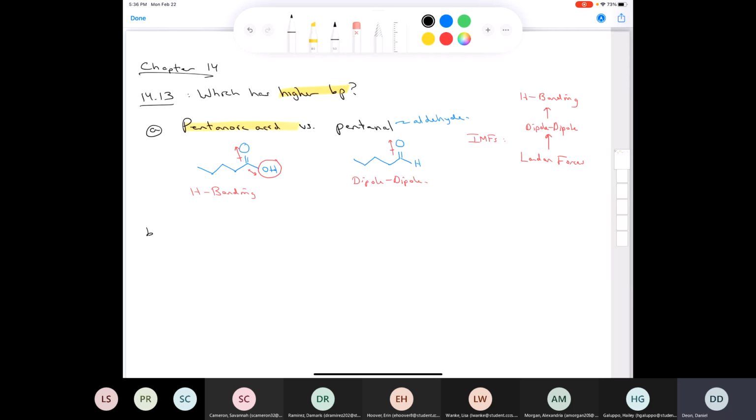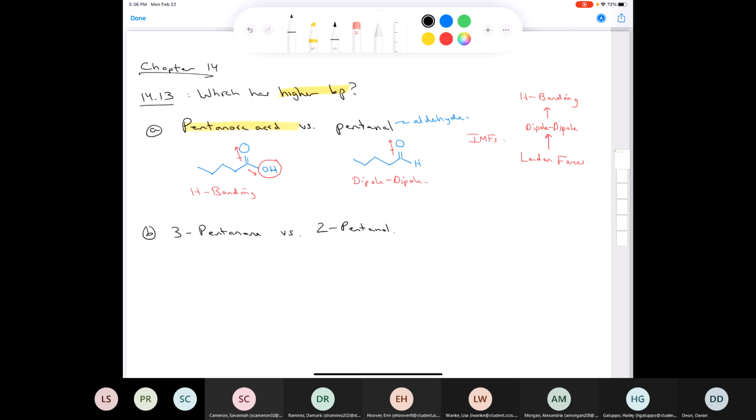Again, same question. Which one of these has a higher boiling point? Now we're looking at 3-pentanone or 2-pentanol. So if I have 3-pentanone versus, what was it again? 2-pentanol. So if I have